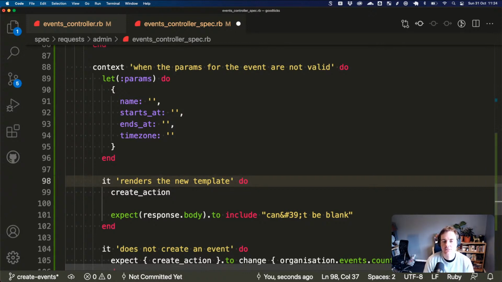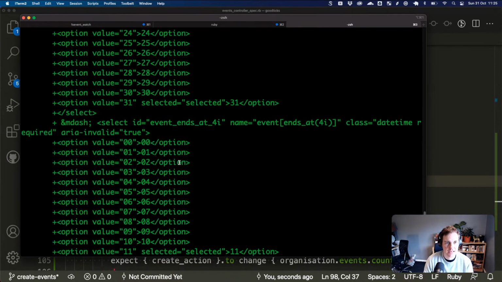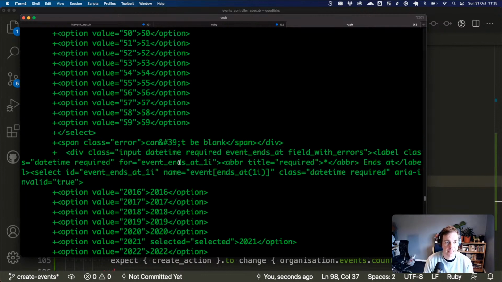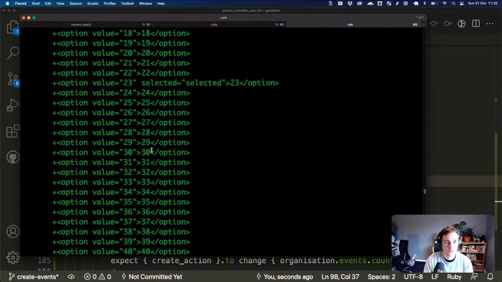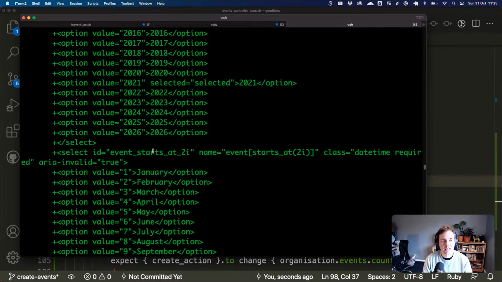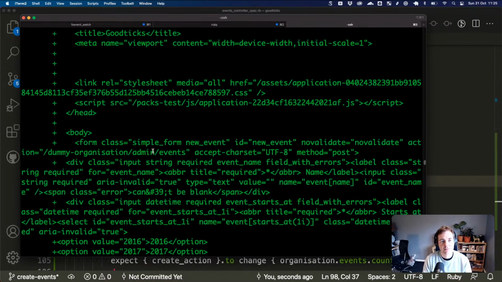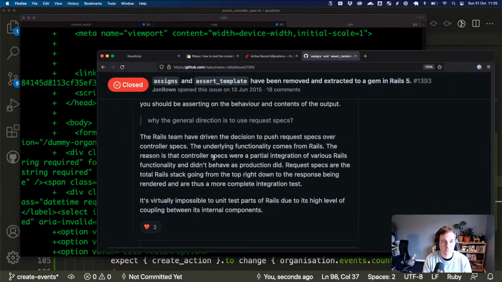And that response has stuff like can't be blank, which is what I would then look to test in the feature test, but I don't see why. So, but in that last statement, it's